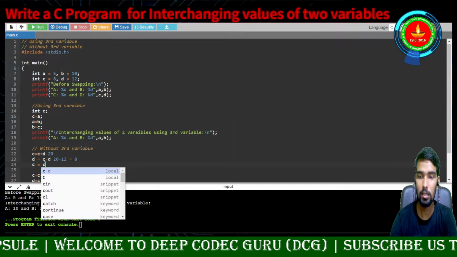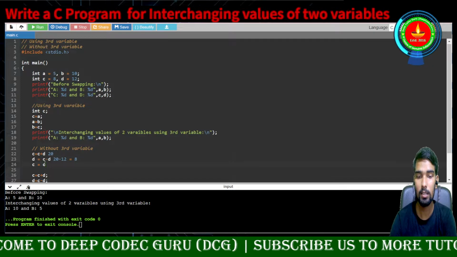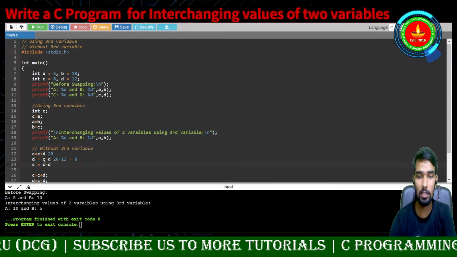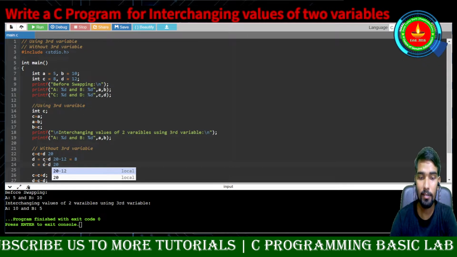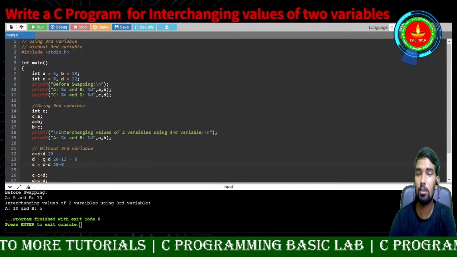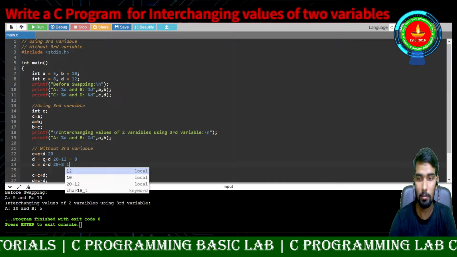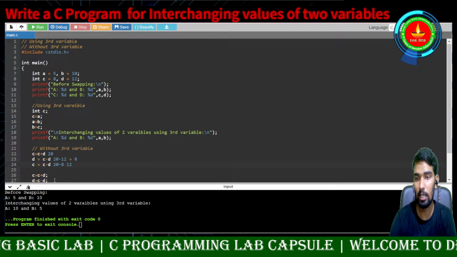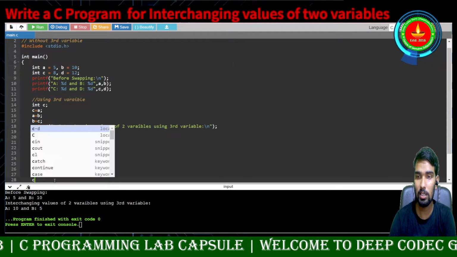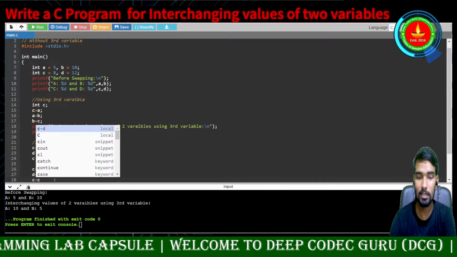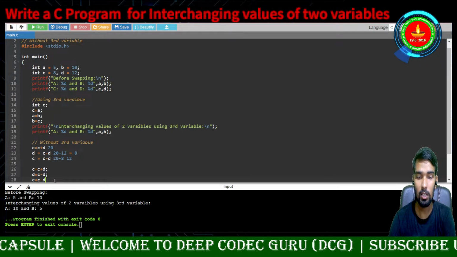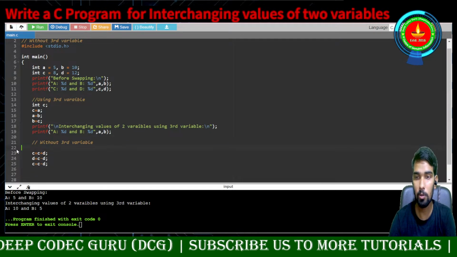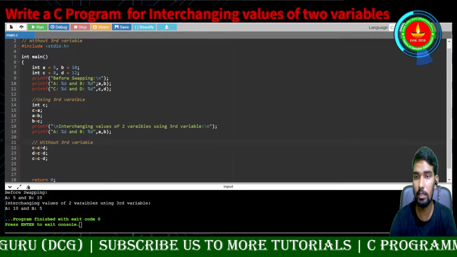Will it work? Let's see. If we do C minus D, the current C value is 20 only and the D value is 8. So 20 minus 8 is 12, so the C value will become 12. I hope you are getting it. So C equals C minus D. We have done this, and that was the rough work, so we'll just remove it. I did that for your understanding.